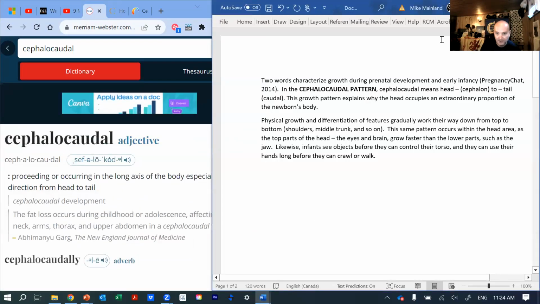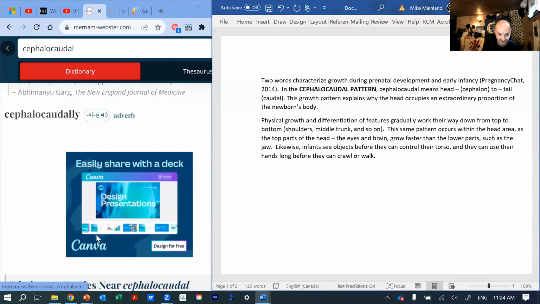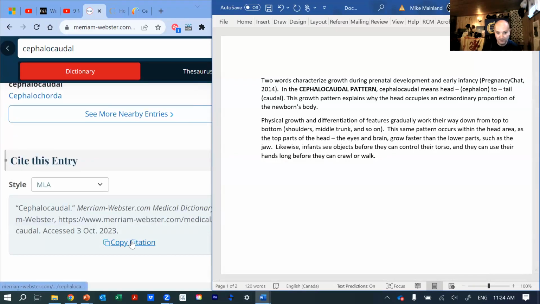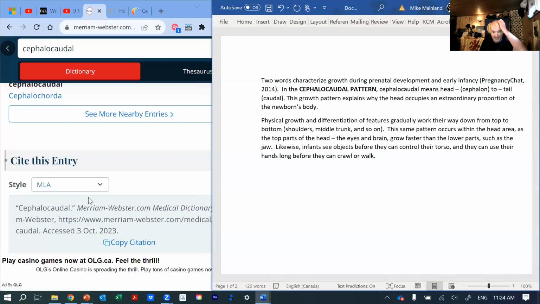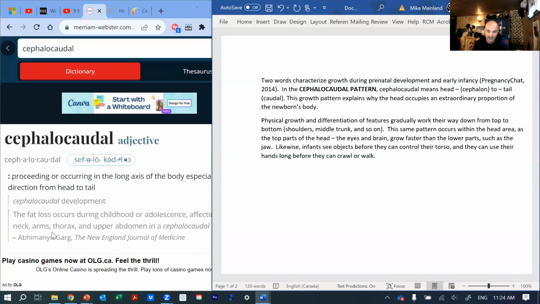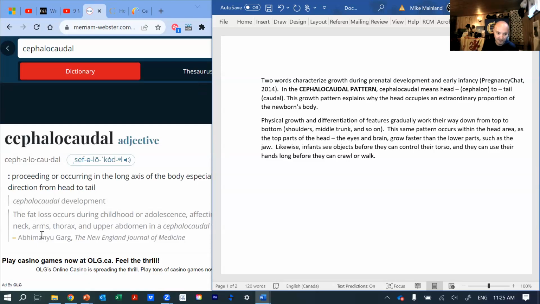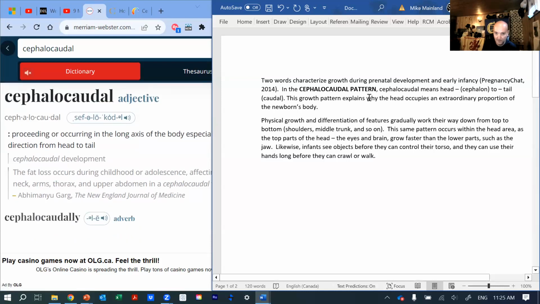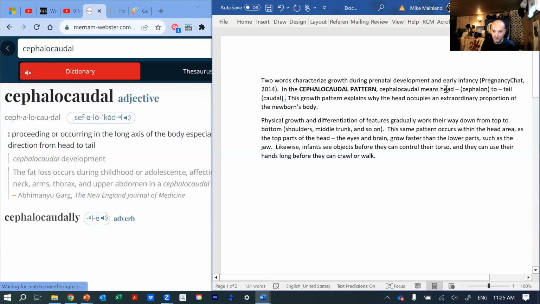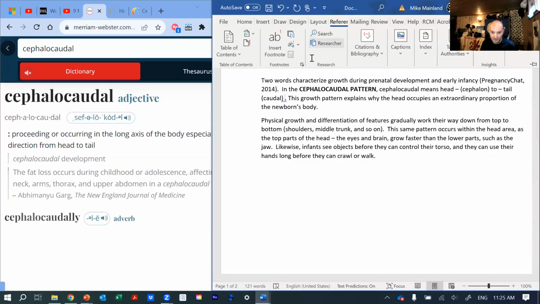now say I want to reference this, right? Now some sites will be just that easy. Like if you notice, if this was you doing your own work, you could just copy that and paste it into your paper. But again, I think learn this style I'm teaching, take a few minutes and learn this style and it will pay back for you a million times over. It'll make every assignment you do easier. Okay, so say I want to reference this dictionary part here. Now I'm going to click after that, where I just basically say cephalocaudal, cephalon means head and caudal means tail, and say I got that from here. And now I want to reference